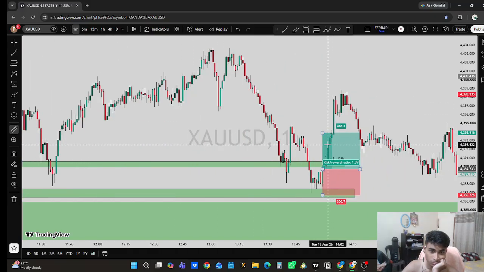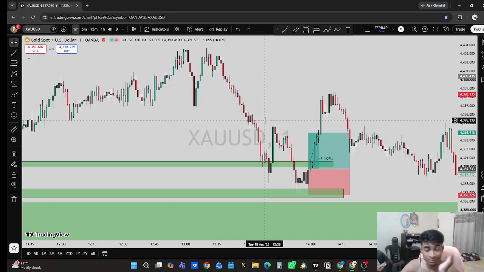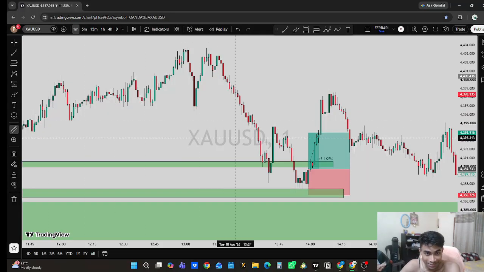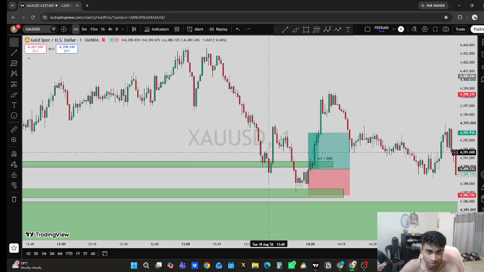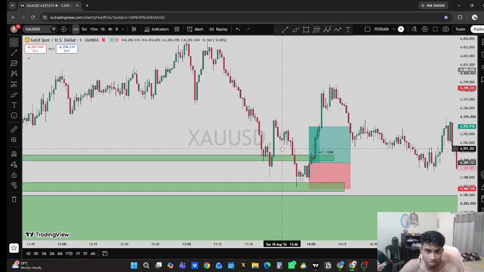But I didn't take this trade because I was not at all confident. You may even call me lucky because I didn't trade this level on this engulfing candle. Whatever you call it, man, lucky or maybe I don't care. But even on this next big impulse, I didn't take a buy because of one single thing.